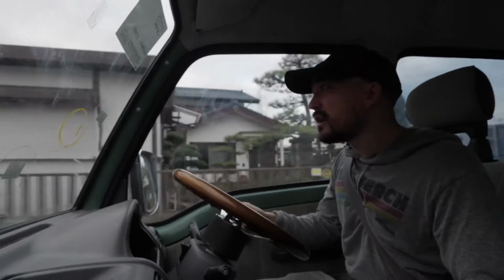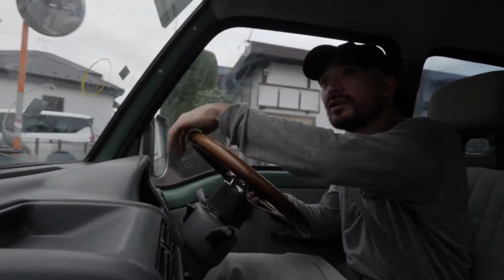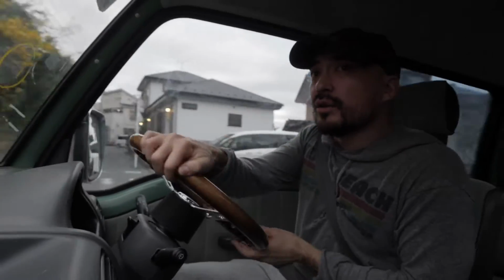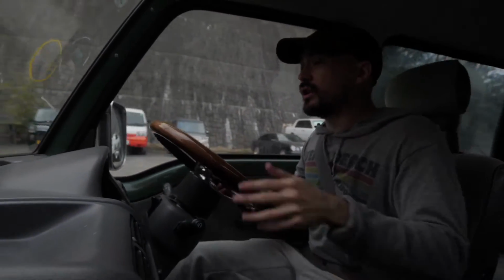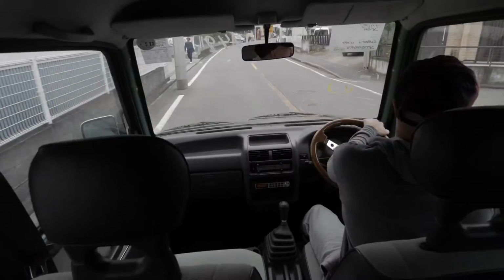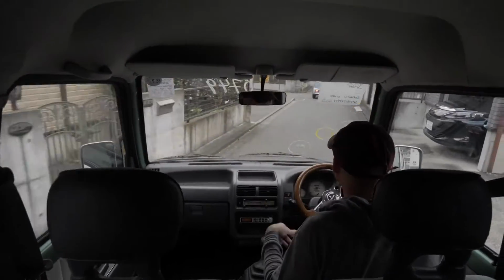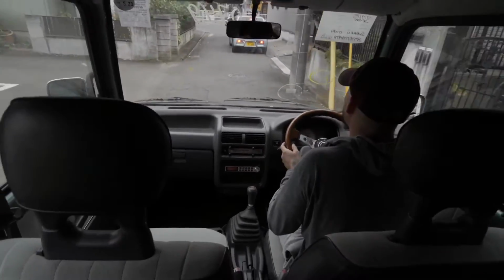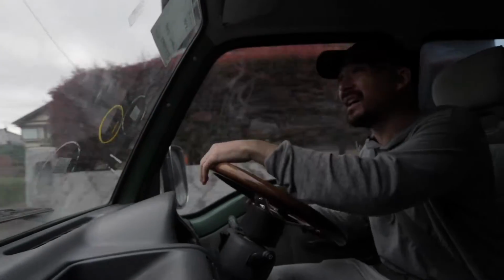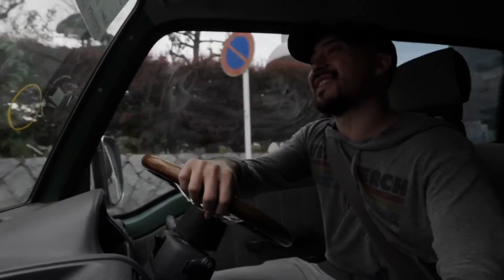Now, this car is incredibly fun, especially on turns. You feel like you're going incredibly fast, but then you look at the speedometer and you're only going something like 20 miles per hour. And all these windows just give you such a great view. The biggest downside with the vehicle, like I said, you have this rocky suspension. So long trips you might get a little bit nauseous, but in tight squeezes like this